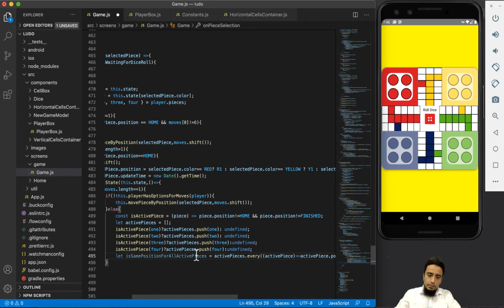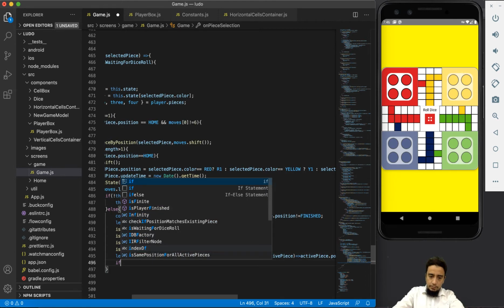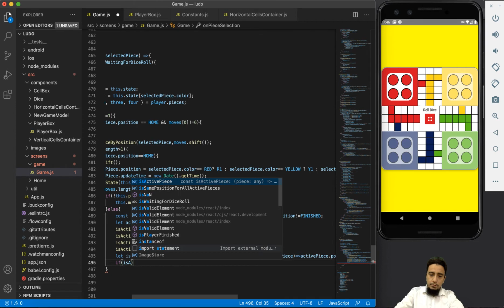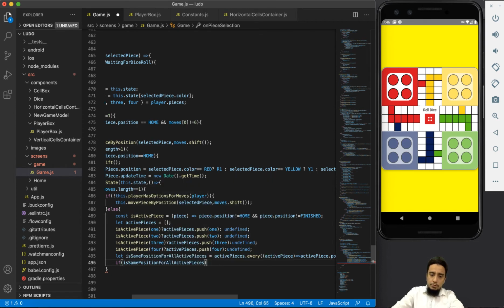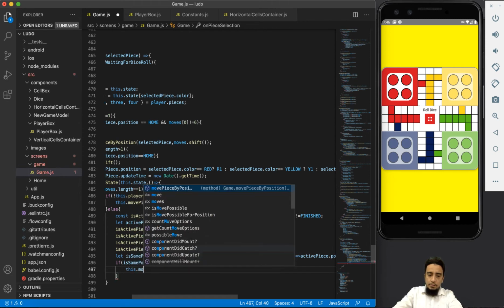So this is going to be true if all of the active pieces are at the same position. And in that case, we will call this function this dot move,